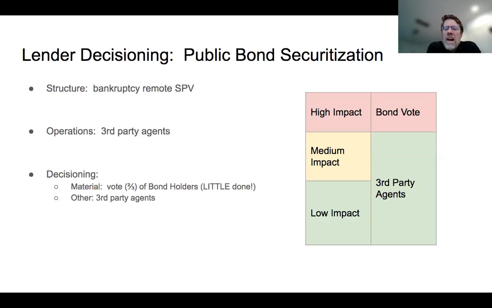In terms of higher level decisioning, other than a few specific things, if there's a material issue that matters, you often have to get a vote of the bondholders, and typically two-thirds, a supermajority. So guess what? When you have 20 or 30 different bondholders, very little gets done. It's hard to get a hold of them. It's hard to get them engaged. If the deal starts getting in real trouble, that's when people will pay attention, and then you can get some stuff done around distress and liquidation. But in the normal course of business, you're just not going to get the focus on it.